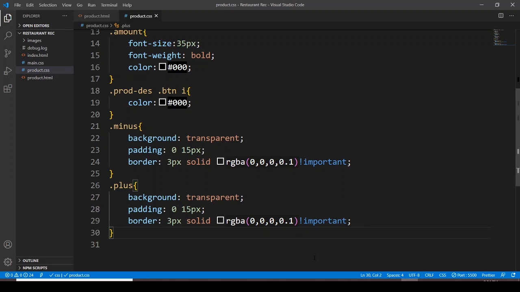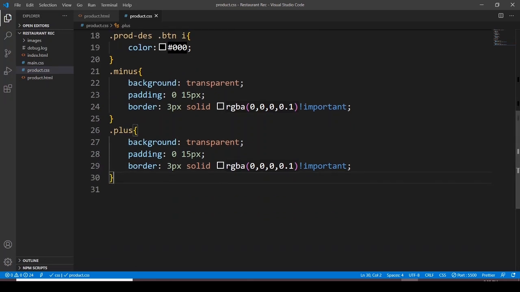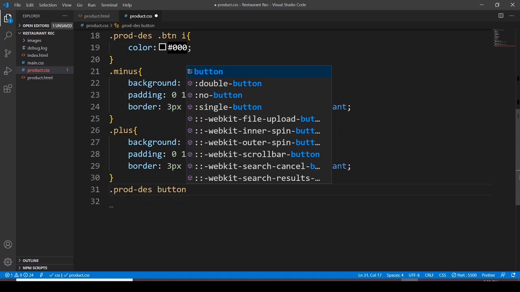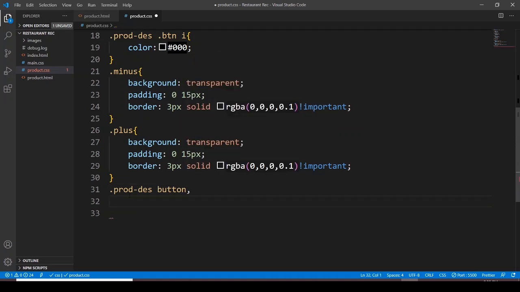Now what we have to do next is product description button element, and again here let's go with the product button element, and then now we have to go with the form control, let's say form control, and